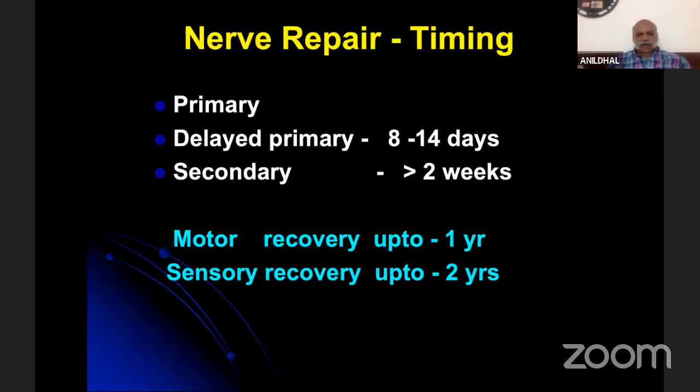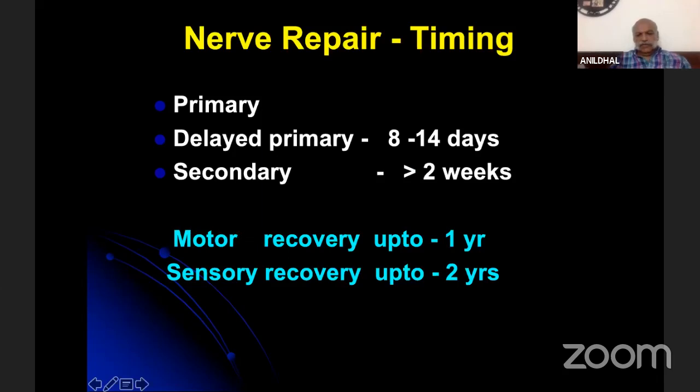Depending on the nerve repair timing, it can be primary if it is performed within the first 24 hours, typically done in clean incised wounds. It may be a delayed primary done between 8 and 14 days, and secondary if it is done anytime after 2 weeks. The important point to be remembered is that since majority of our patients present late, remember that